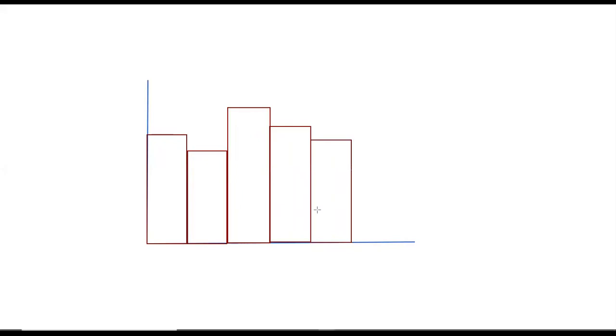Like this, so this is how your histogram is going to look. You'll be marking the x-axis and the y-axis like this. On the y-axis you will have some variable, and on the x-axis you will have something. Then you will be marking the midpoints.